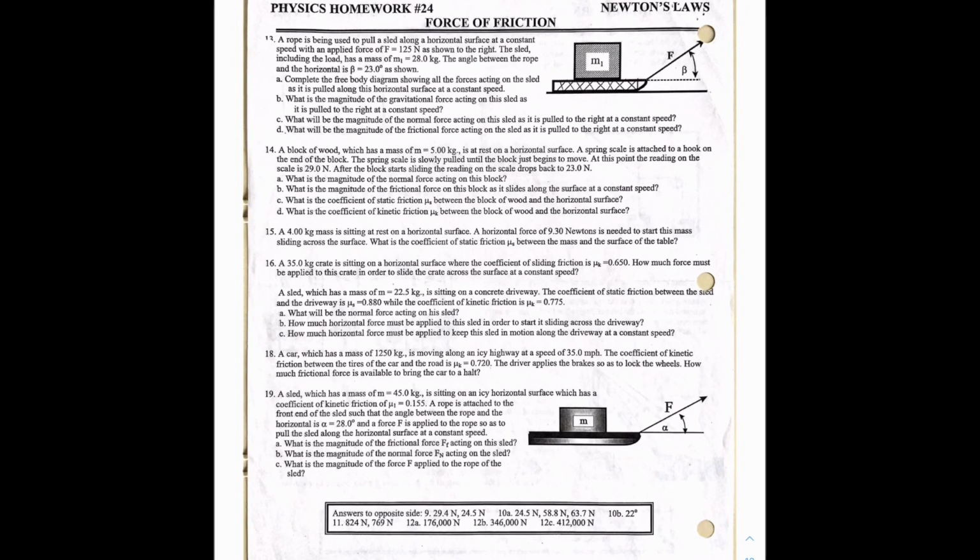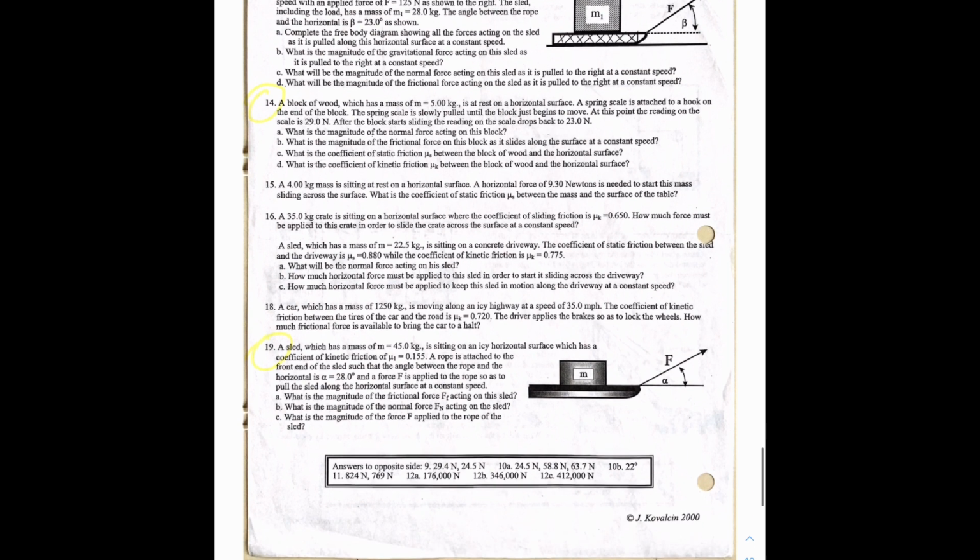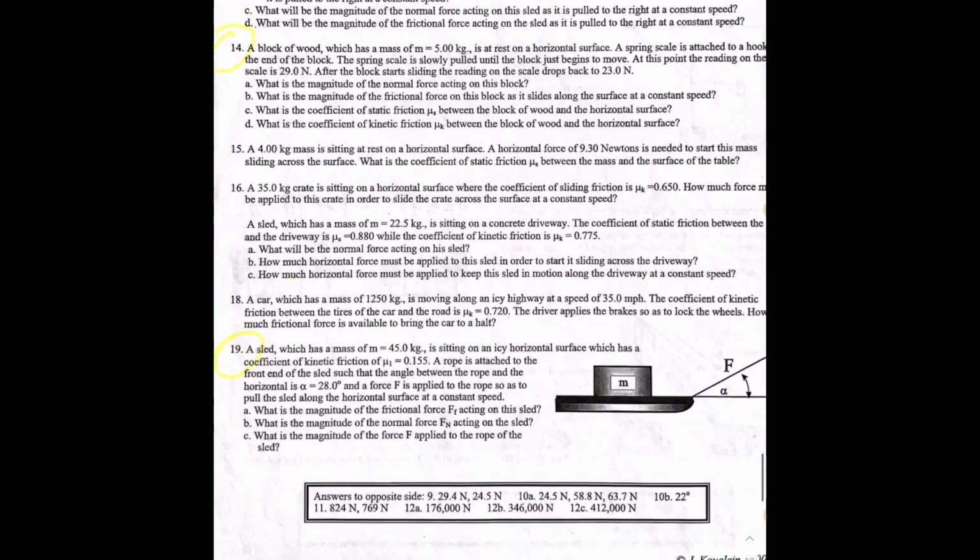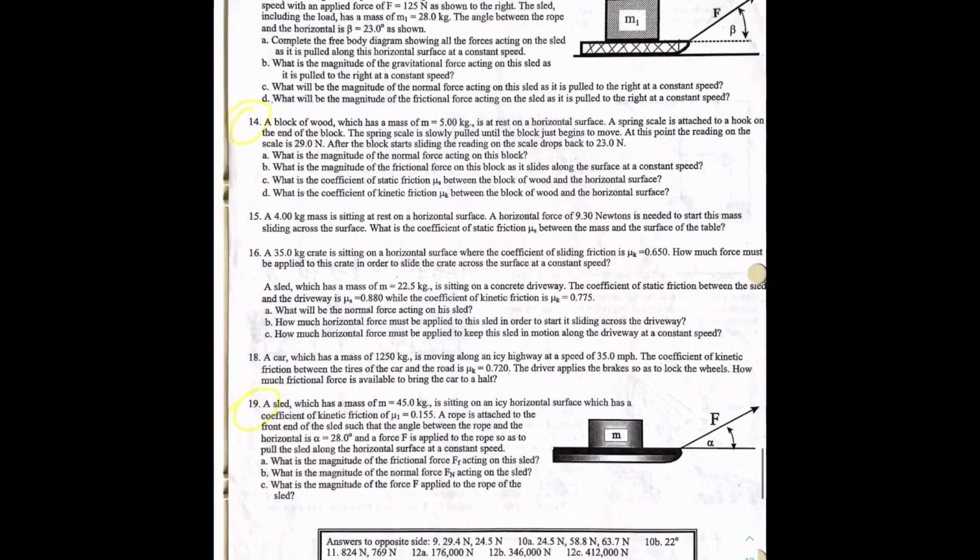All right, in this lecture over worksheet 24, we're going to take a look at questions number 14 and number 19. You're going to do the rest of them for homework on another day, but let's get started. Number 14 says a block of wood which has a mass of 5 kilograms is at rest on a horizontal